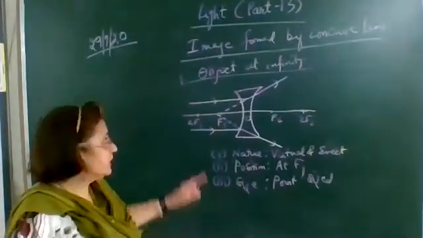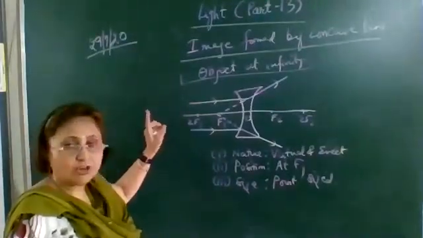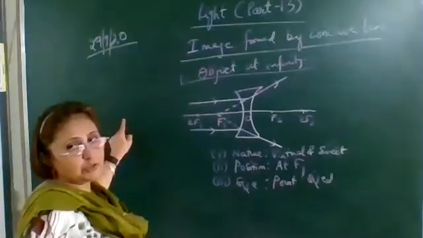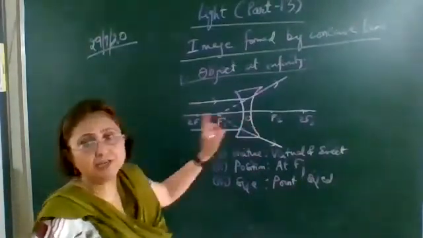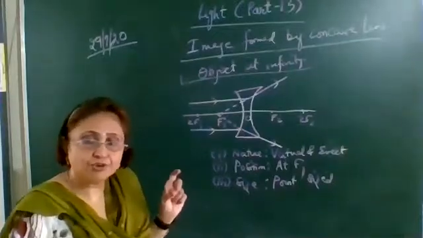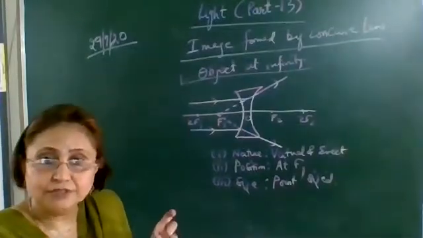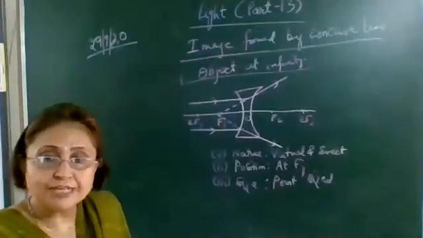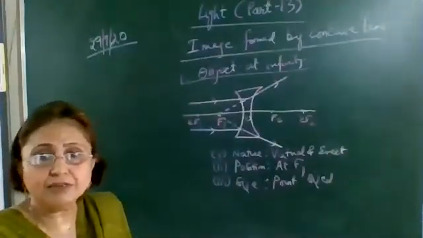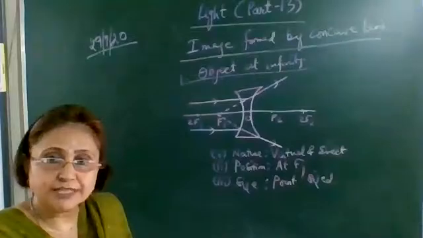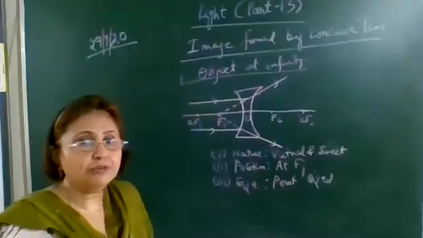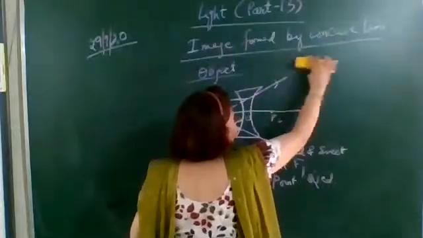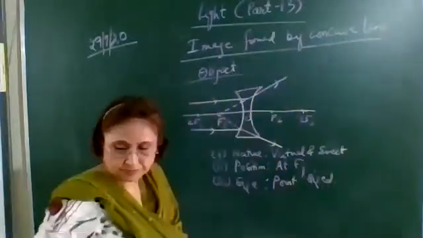Okay, now what will be the next object position? It is always forming the same type of image. So anywhere you place between infinity and optical center, the image formed will be of the same type. So the next position, only one more position we have to study. Object placed between infinity and optical center. So the second position is, write down in object between infinity and optical center.